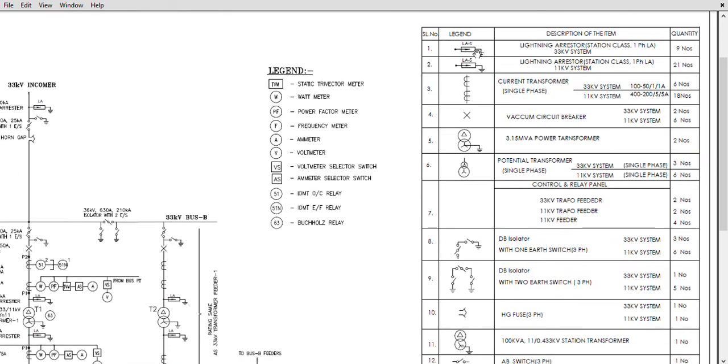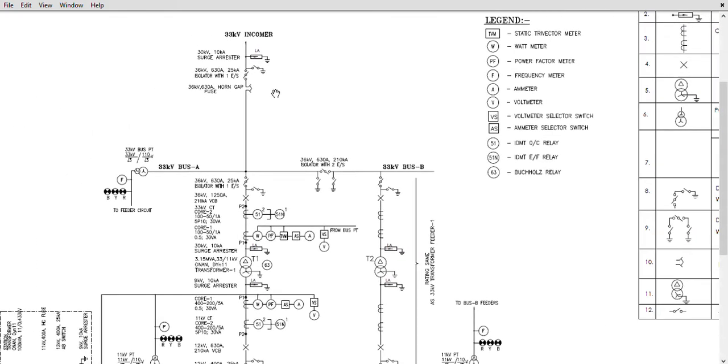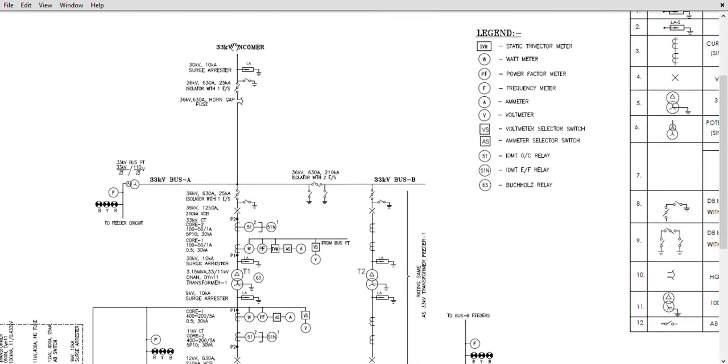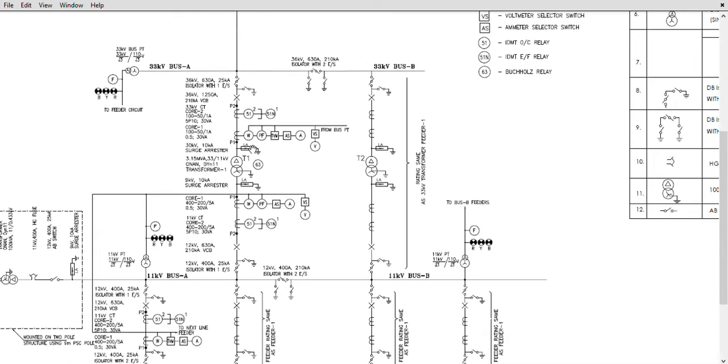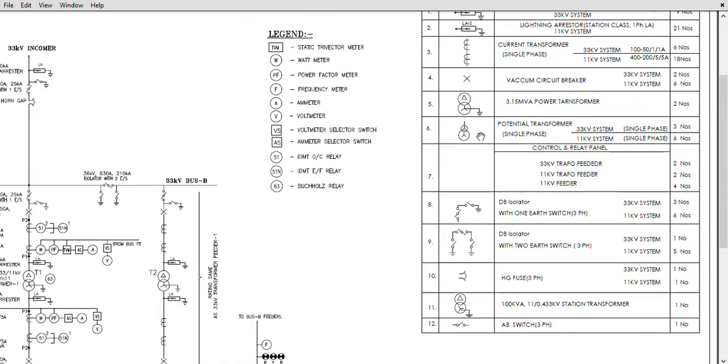Serial number 1, we have a lightning arrestor 33 kV, quantity is 9. How? See, as I told you, this is a single phase representation and hence we are showing only one equipment, which means in practical we will be needing three numbers because this is single phase. For R phase 1, Y phase 1, B phase 1. Total will be needing 3 single phase lightning arrestors for each circuit. Like that, for line feeder we need 3. Similarly for transformer here 3. Again second transformer here 3. Total there will be 9 numbers.